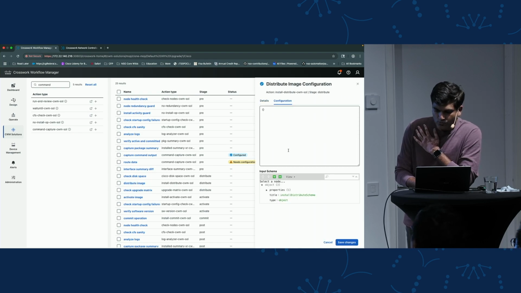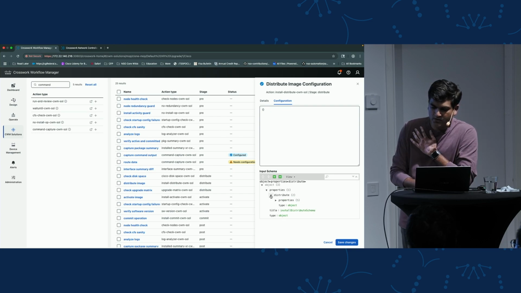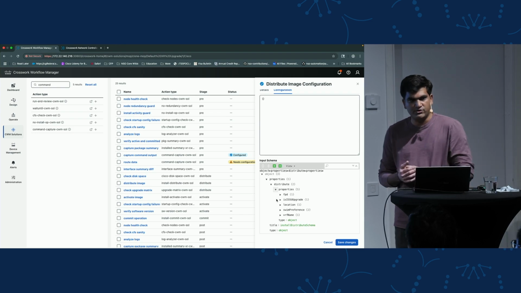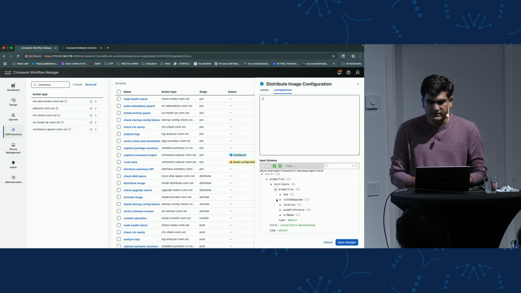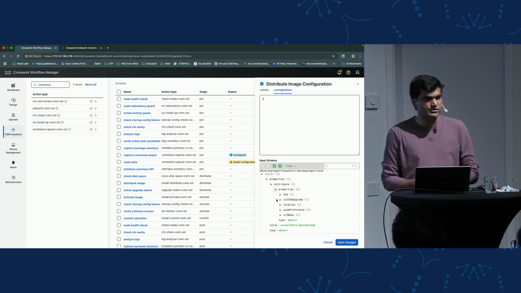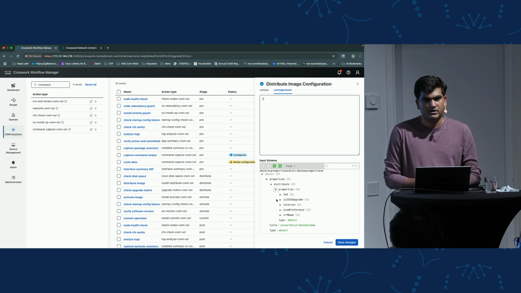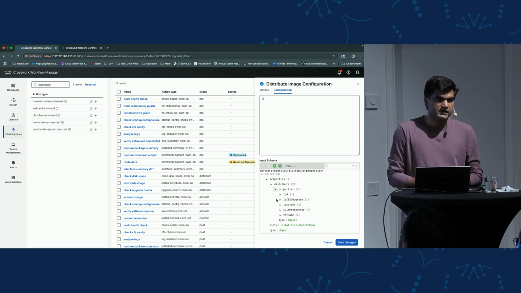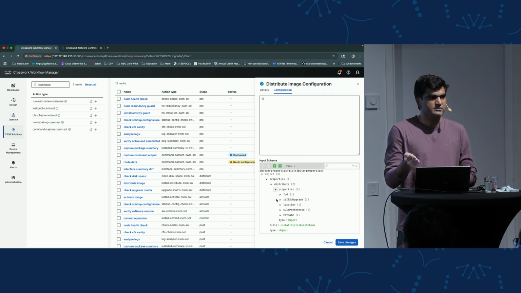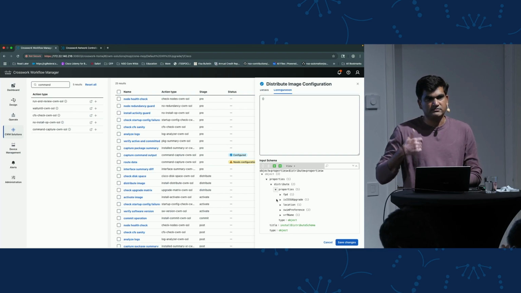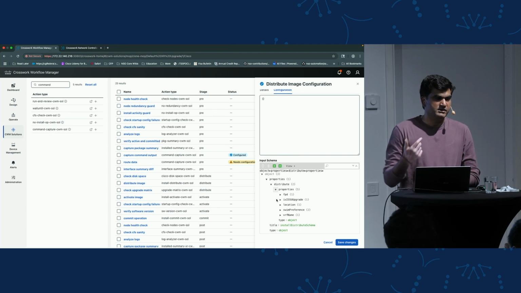it. So each one of them has documentation that explains what configurations or parameters we could change during the distribute. Let's say we want to set the priority of what protocol to use to distribute the image. Is it FTP, SFTP, or SCP? So you can order it. And the system will try to distribute using SCP if it is the first priority. Then if it fails, it tries the fallback, and then if that fails, it tries the third one. So that's how